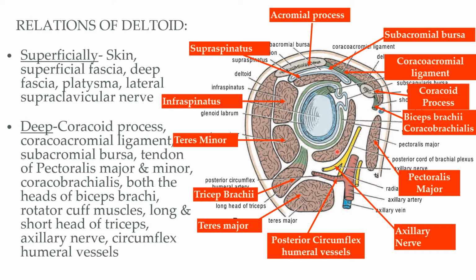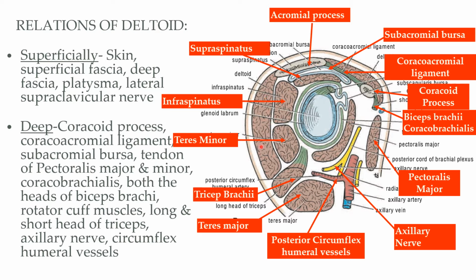Now students, subscapularis, supraspinatus, infraspinatus and teres minor, these four muscles are collectively called rotator cuff muscles because you can see these muscles are surrounding the shoulder joint, and hence they provide stability to the shoulder joint from all the sides except the inferior side where we do not have the rotator cuff muscles. So these muscles form a ring, present like a cuff around the shoulder joint, and hence these four muscles are called rotator cuff muscles. And these rotator cuff muscles are located deep to deltoid.